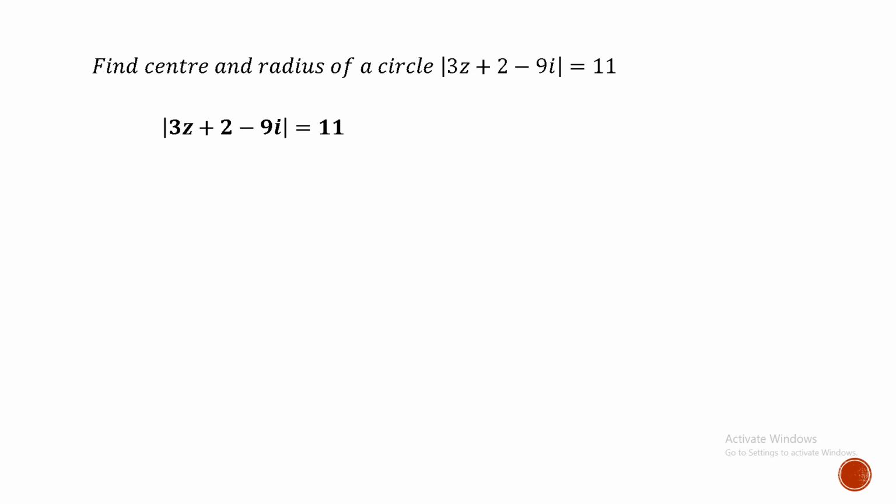You know, the equation of circle is this, that is modulus of z minus z0 is equal to r. So first let's try to bring in this format. Here let us try to bring minus. Right. First let us do that step. After that we have to get z alone here. Right. Now let us try to do like this. That is, if you take minus commonly outside between these two elements, then it will become 3z minus this plus 2 will become minus 2, and minus 9i will become plus 9i. Right. This is equal to 11.